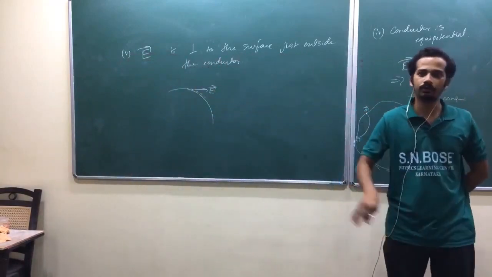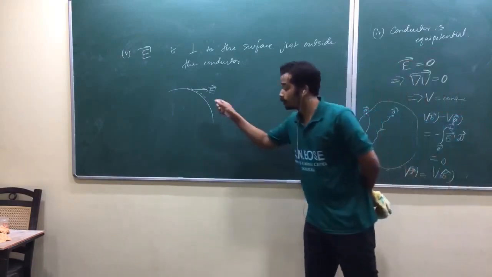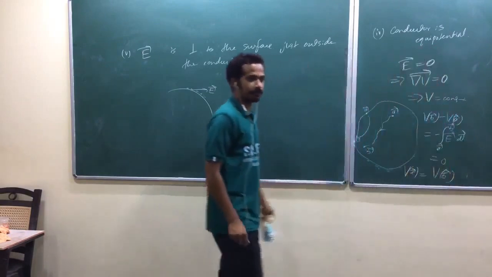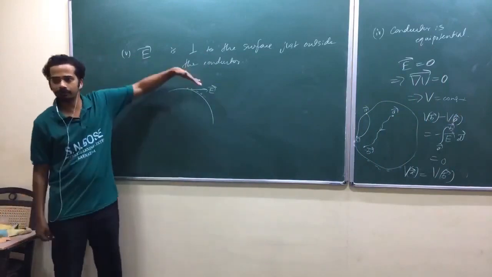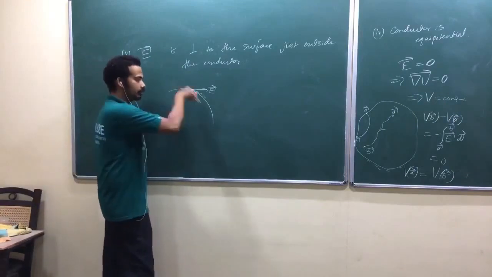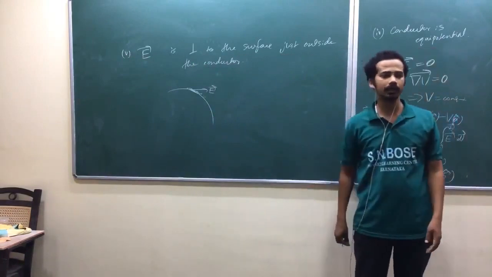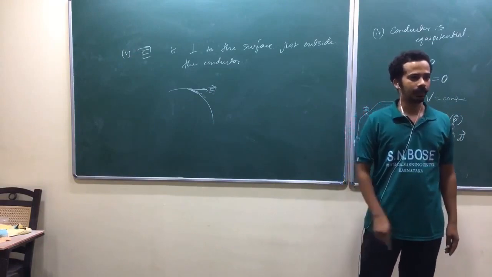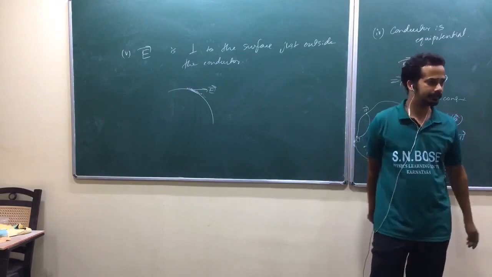Again, how long will it move? It will move until that parallel component cancels out. Is that okay? If electric field is not perpendicular, then there exists a parallel component of the electric field to the conductor surface. So take a small patch like this. To the conductor surface, there exists a parallel component of the electric field. That parallel component again will try to move the free charges. Yeah, it will move free charges until it cancels out its effect.